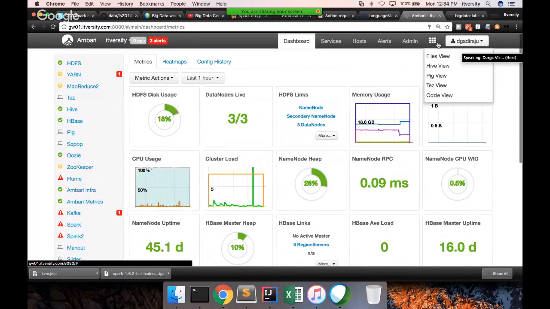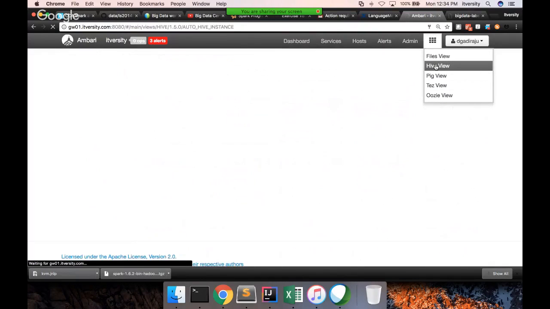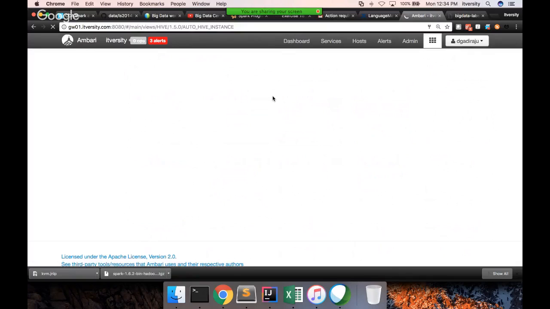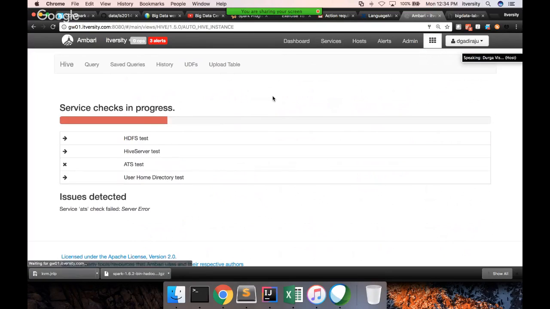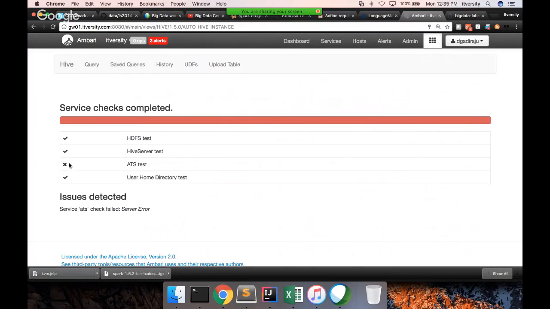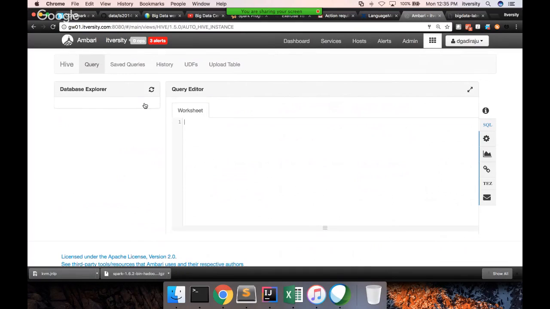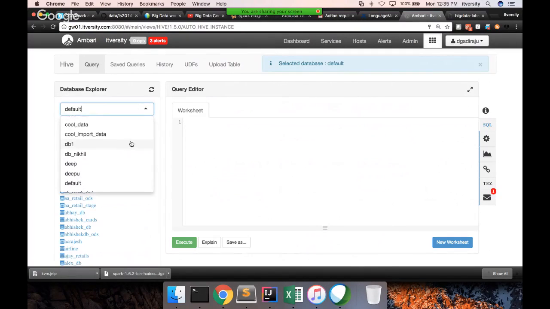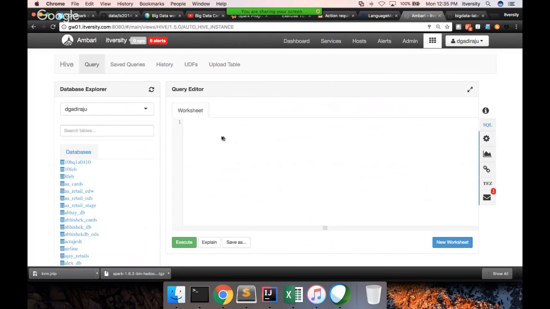So if you want to access Hive, once you log in, you just go here, click on Hive View. Don't worry about this ATS test failure. You just click on query, choose the database you want to use. So in this case, I want to use my own database, and then you can actually run the queries